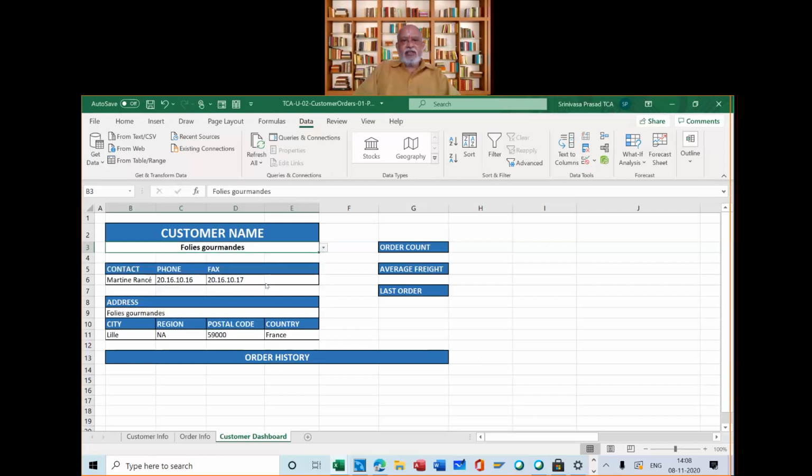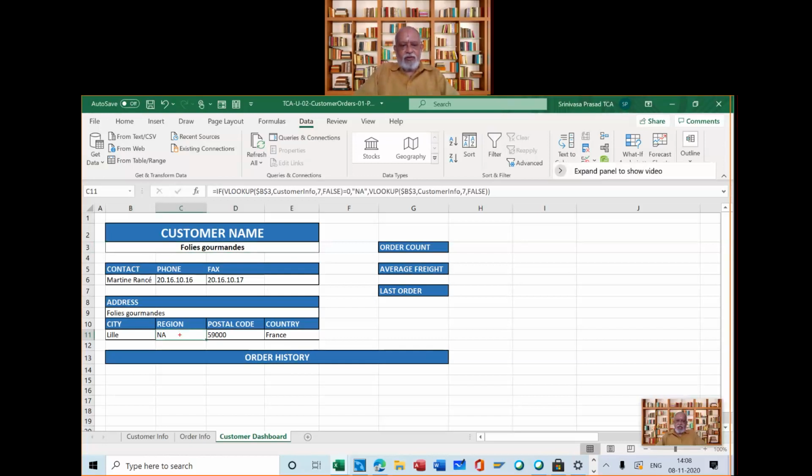name, all the other information changes, and wherever there is no information, we will put NA, because you know very well we had this formula. This is what we combined, IF and VLOOKUP.